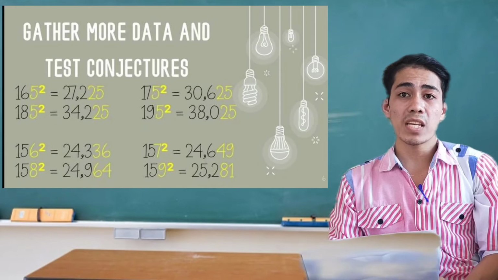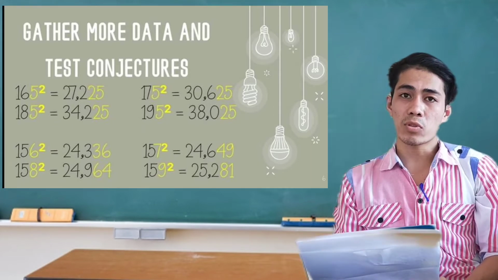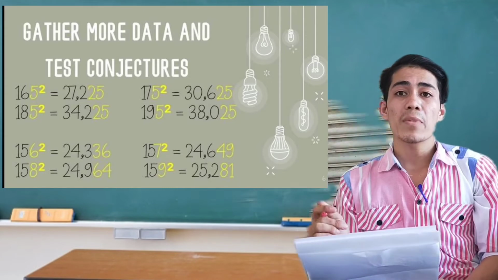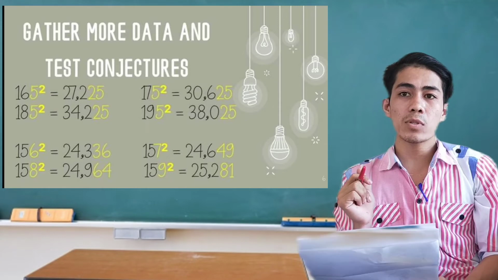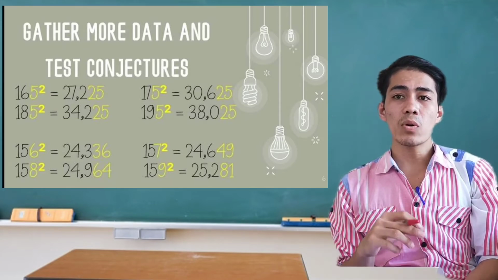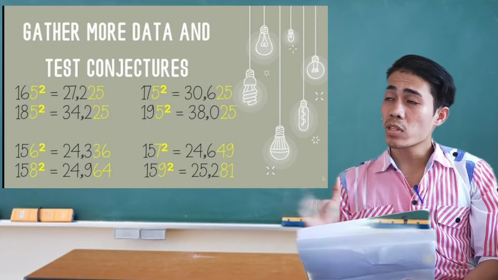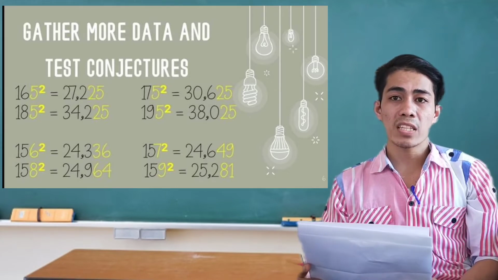So 17 times 18 is equal to 306, and you have to tuck 25 in the end, so that will be 30,625. So for 185 squared, same process. So 18 times 19, we have 342, and then you have to tuck 25 in the end, so 34,225. And for 195 squared, that will be